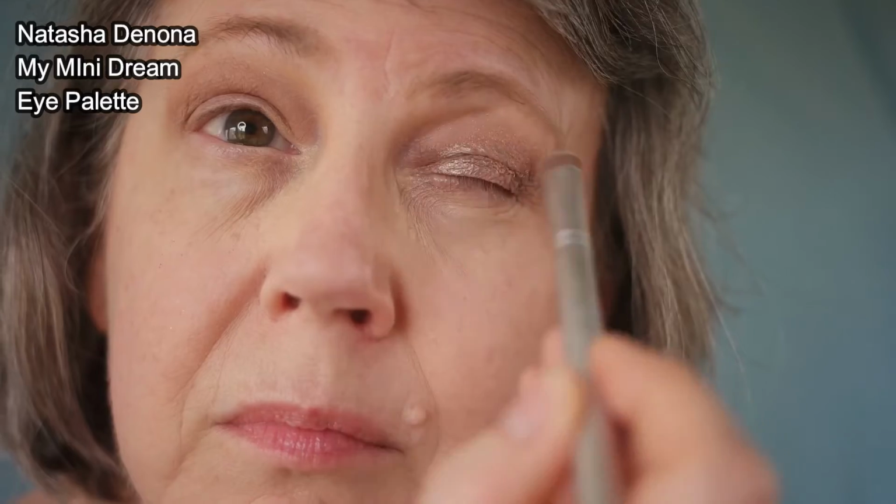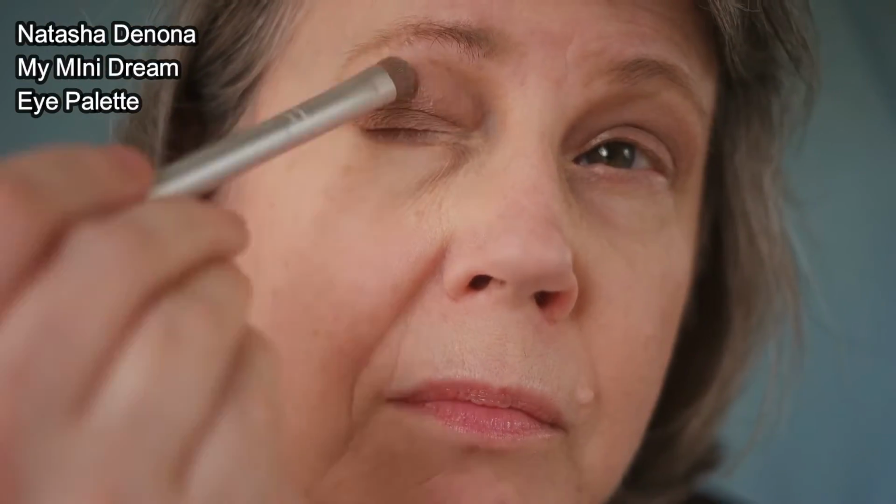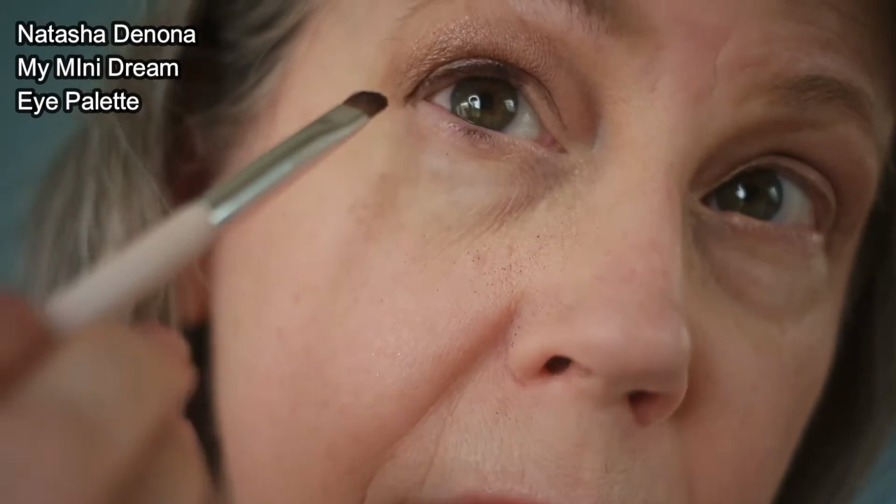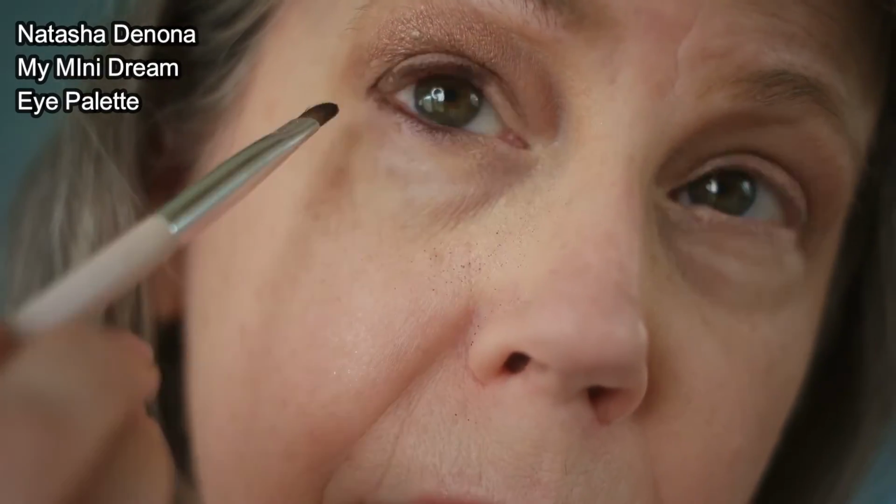So in terms of my previous experiences with powder foundations, I have tried the loose powder foundations from Bare Minerals and from Jane Iredale's, so I do have a little bit of experience with that. Other than that, in terms of the kind of compact powder foundations that have silicone in them, I have really only had one experience with a foundation like that, and that was a number of years ago, maybe 10, 12 years ago or so,